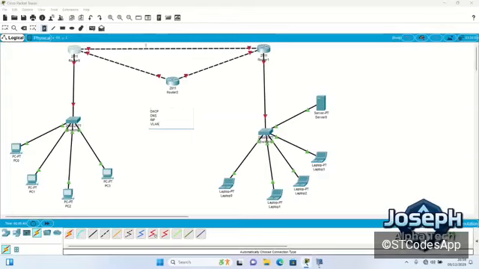So this place we are going to give it 10.0.0.0. That is the network there with 10.0. This will be 11.0.0.0. This will be 12.0.0.0, and this we have